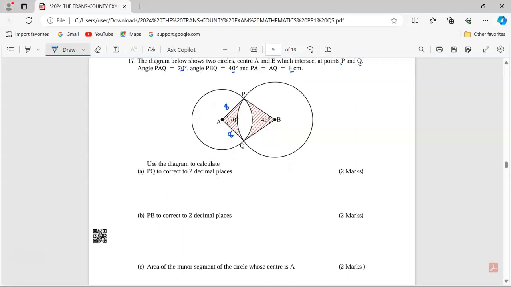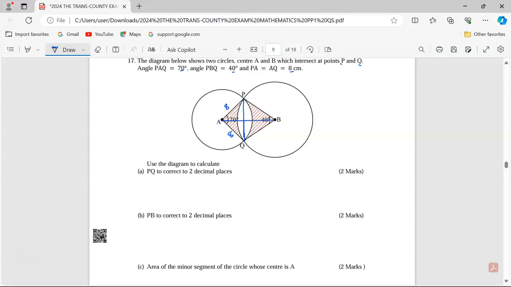So PQ is the length at this point. You can call it a chord because it's passing through the given circles. That's the length PQ. We want to get its length. Allow me to start by making a line through A to B. This line will help us